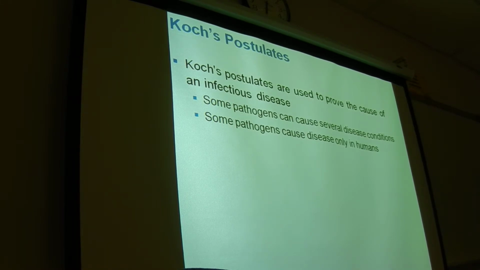The other problem that I kind of just referred to is that some pathogens only cause disease in humans. So again, based on Koch's postulates, you take the bacteria from the infected human, you isolate it, and then you infect a lab animal to see if the lab animal gets the same disease. Well, if your disease is only specific for humans, your mouse might not get the disease, and you might think, oh, I didn't isolate the right bacteria, but it might really be only because that bacteria doesn't cause disease in mice, it only causes disease in humans.